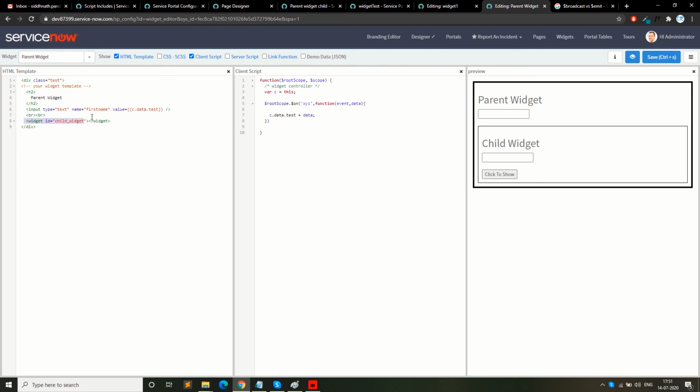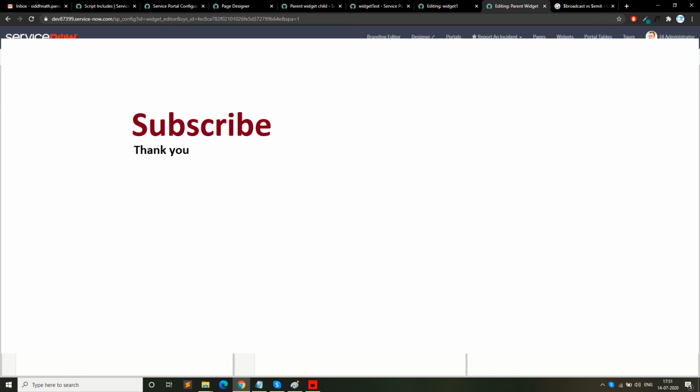For the embedding you have to use this code. We have to pass the visit tag, then the id of the second visit, whatever visit you want to embed, you can say insert, and you have to close the visit. So the child visit we have is another one, which I have shown you earlier. So this is the difference, I've covered it. I hope you got what I wanted to say.